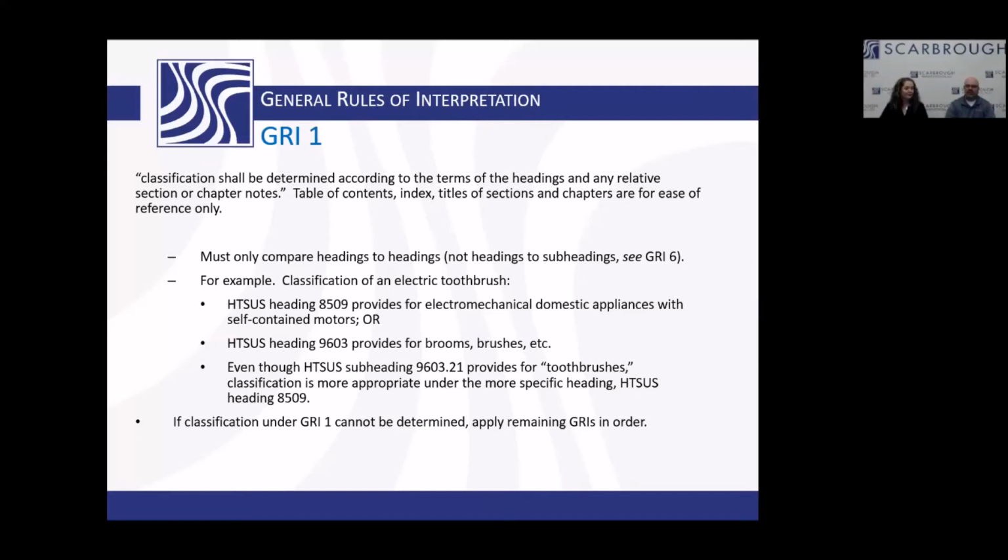All right, so we want to talk real quickly on general rules of interpretation. We're making good time because we want to at least leave a half hour to answer other additional questions for today. But the general rules of interpretation are the set of hierarchical rules that we as customs brokers and you as importers need to make sure you follow and or document that you follow these when trying to classify a